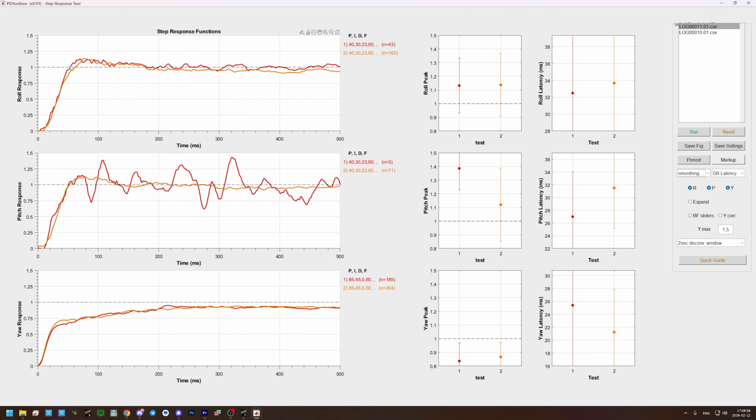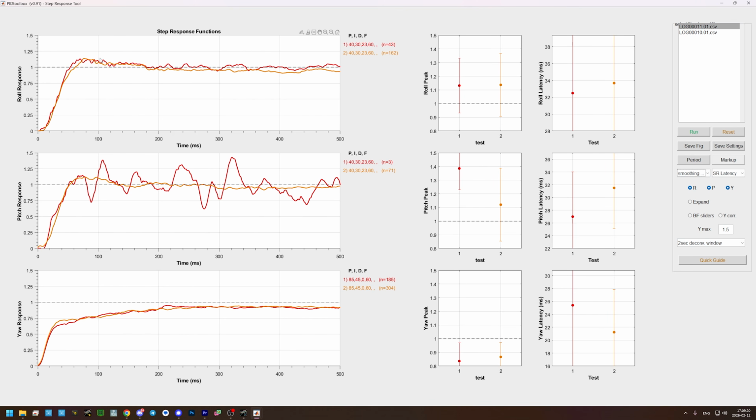And within, let's say, 50 milliseconds, it has hit the targeted rate. It overshoots just a little bit, and then it gets back online and more or less stays tracking pretty well. We could try and sharpen that up. We would want to see it hit the commanded rate further to the left, sooner. The sooner it hits the commanded rate, the more responsive it's going to feel, but we wouldn't want to introduce